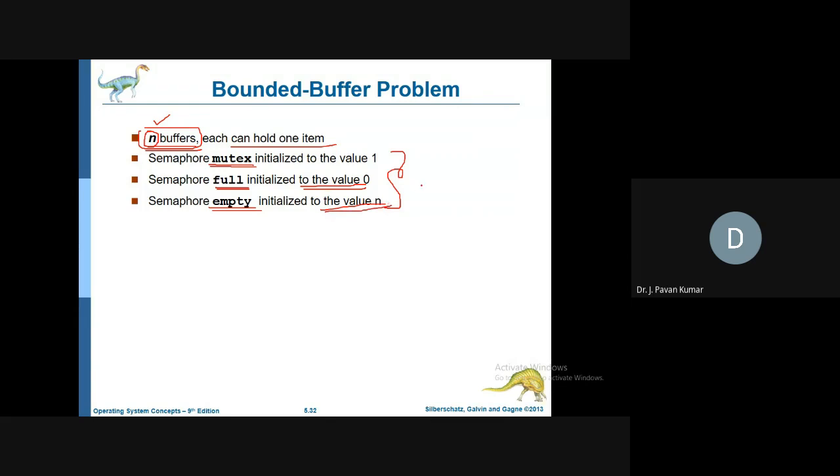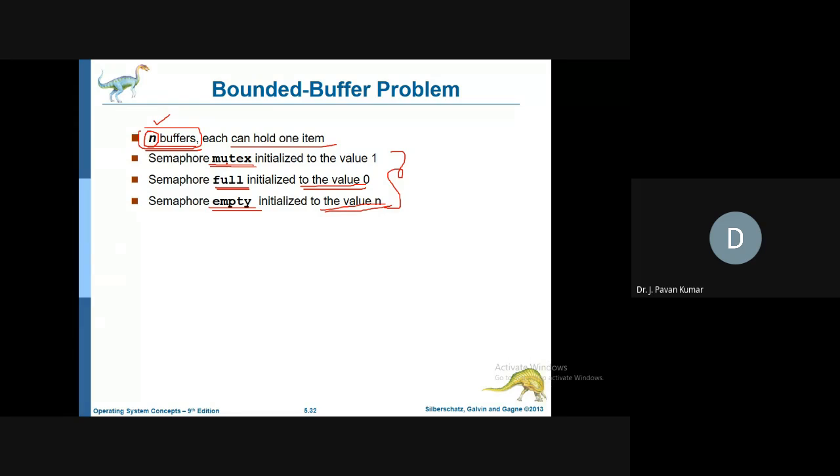So now the question is, out of these three semaphores, mutex is a semaphore, full is also a semaphore, empty is also a semaphore. Out of these, which are counting semaphores?